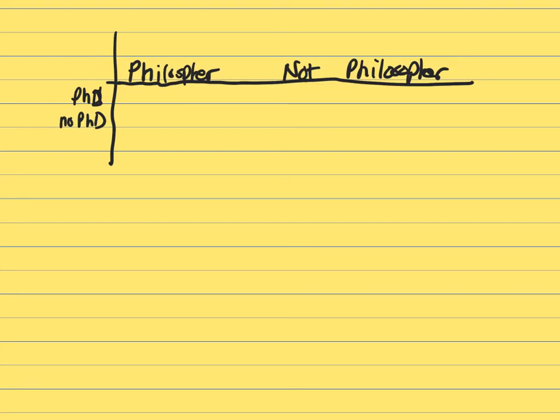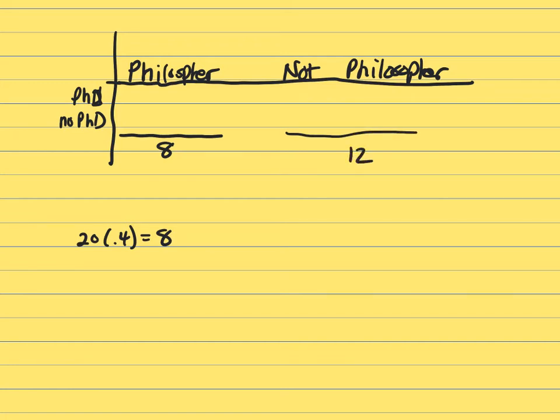Of the 20 members, 40% are philosophers. So 20 times 0.4 is 8. So that means if you were to sum up this column here, it would be 8. And we know that there's a total of 20, and they're either philosophers or not philosophers, so this would have